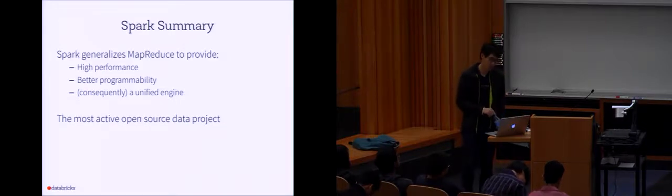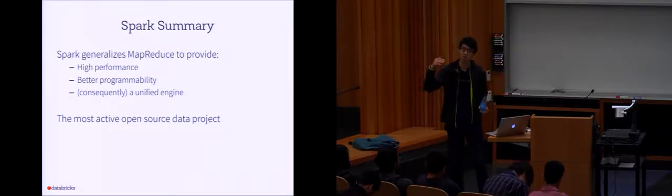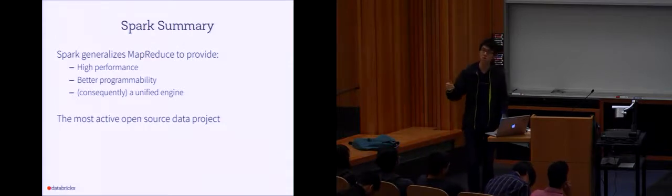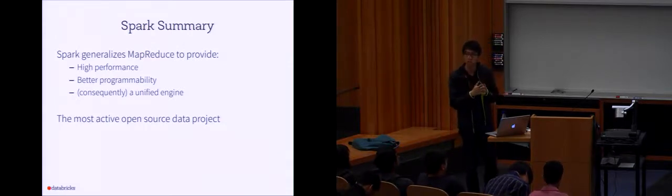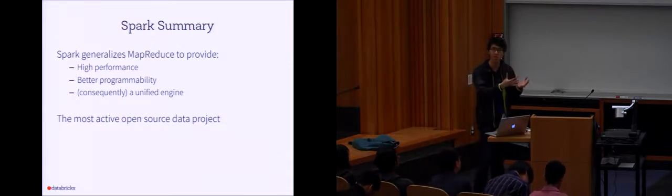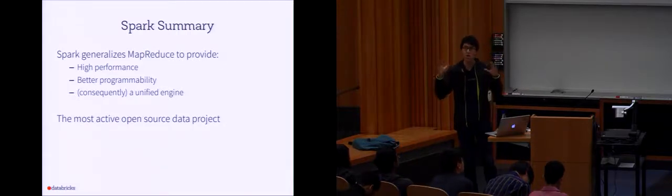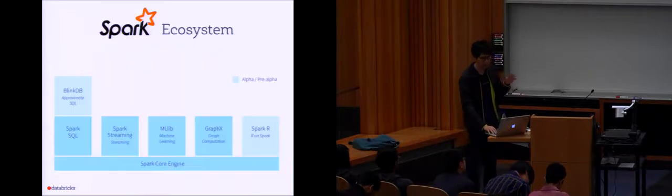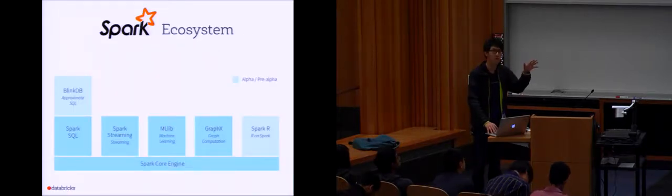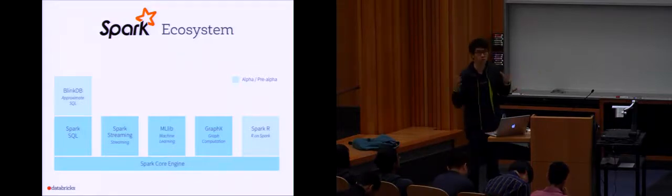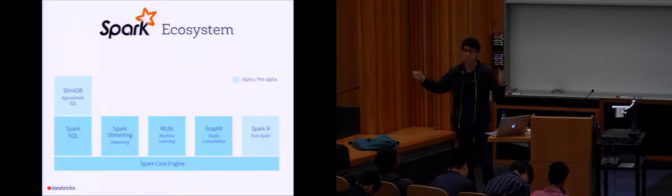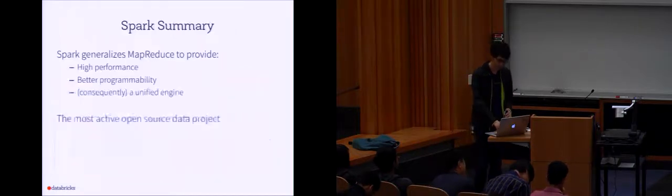what Spark does is initially it focuses on performance and better programmability. And because of this, people started developing higher-level frameworks that make it what we call a unified engine. What a unified engine means is you can do a lot of different things to satisfy your common data analysis. And if you can do all this in a single system, you no longer need to learn multiple different systems for doing different things.